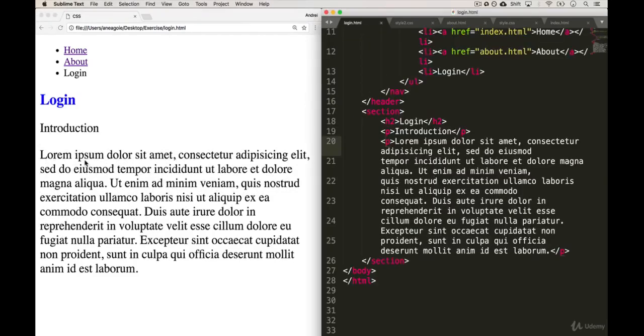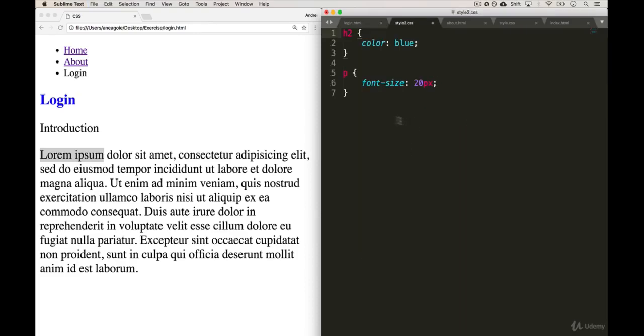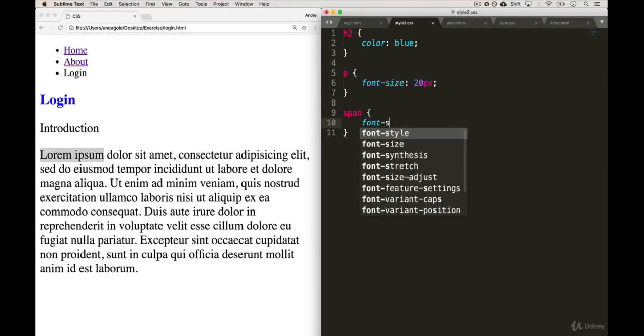Okay, so let's say I want lorem ipsum to be a little bit bigger. You can use span. Again, that's kind of like the div tag that you've seen before. It's just good for inline. So again, this way we can add styles. So I save that, go to styles, and now we can select span, and we can do something like this. We can do font size